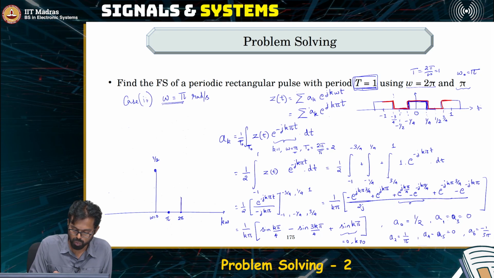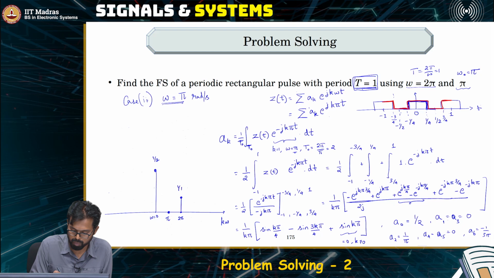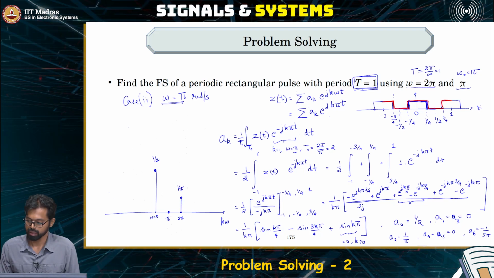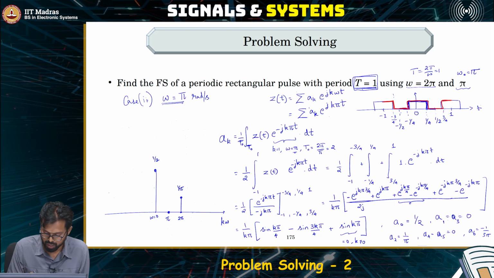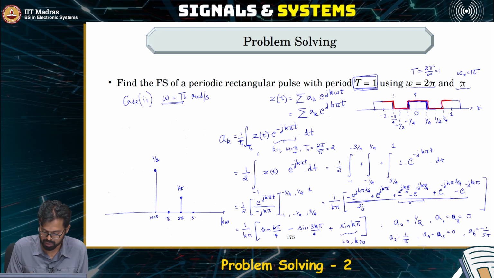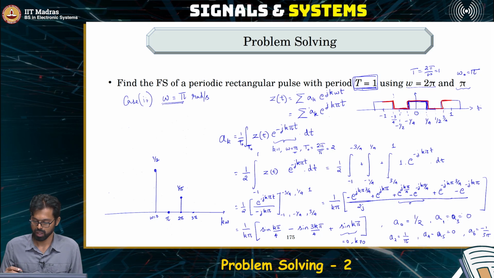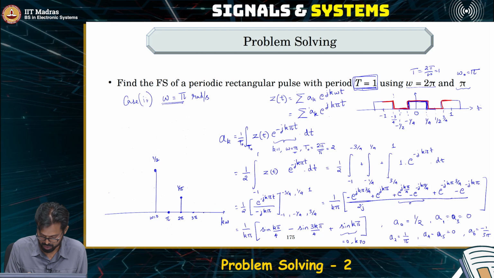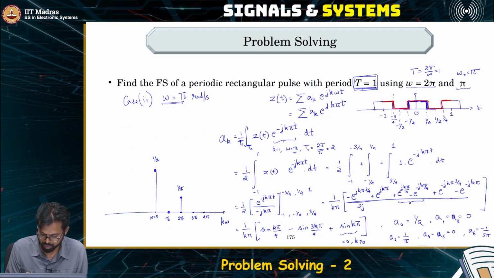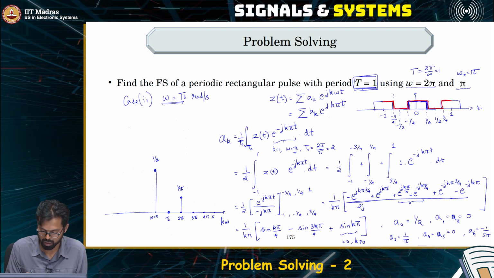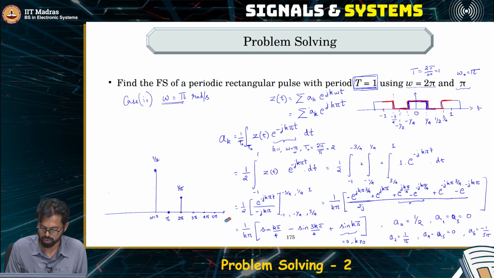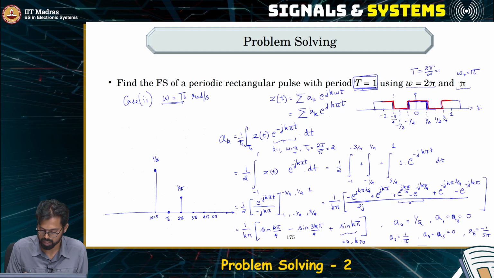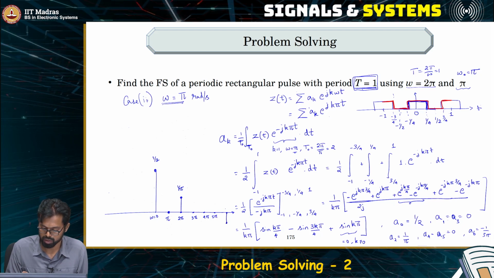We have 1 by pi. And when k is equal to 3, we have 3 pi, that is k omega is in this case 3 pi, which is 0. And when k is equal to 4, we have 4 pi, which is also equal to 0, and 5 pi, which is also equal to 0, and 6 pi, we have